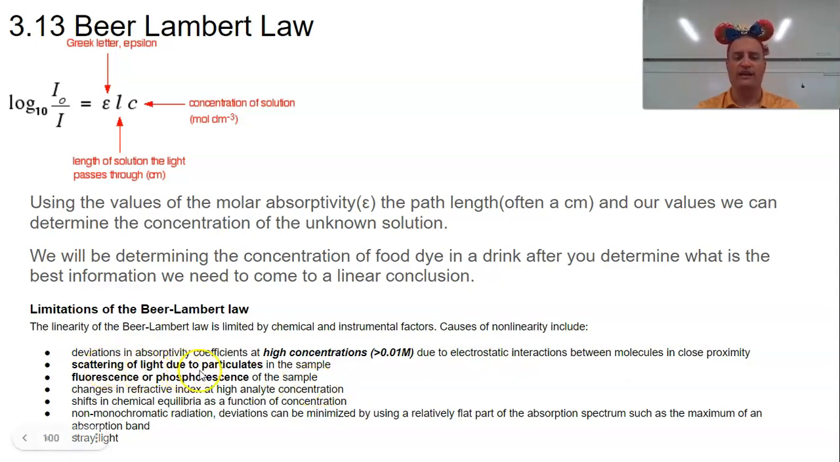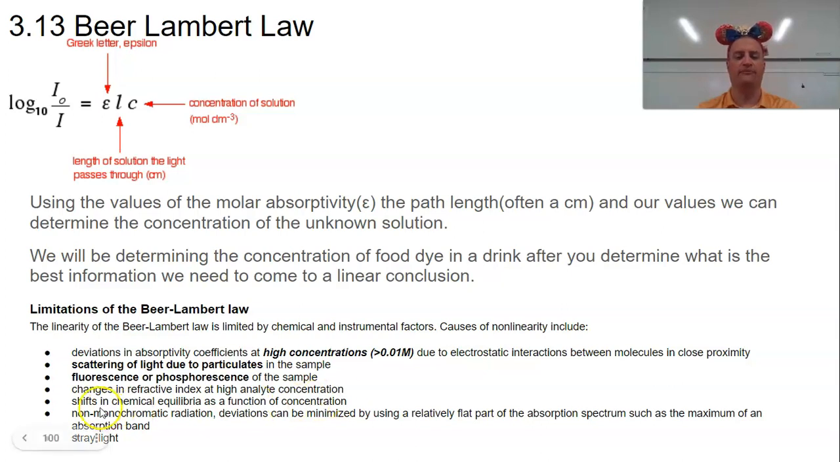You get scattering of light due to particulates in the sample. So if you have something that is considered chunky or cloudy, that can be a problem. You might have fluorescence or phosphorescence of the sample because you do have light going through it. It might absorb some of that energy and then release it, kind of releasing its own light, giving a false value. Changes in refractive index at higher concentration. Refractive index is how it bends light. And so if you have a higher concentration, it's going to bend light slightly differently, and that can be an area of